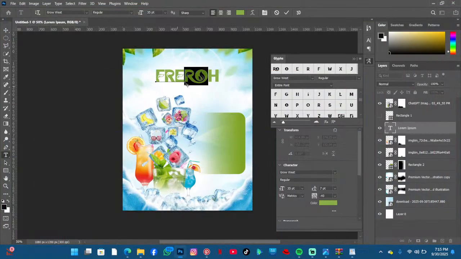Fruit frost. So this was supposed to be a U. Okay, and this an I, and this a T. So let's select this and then select the T. Okay, now for the frost,